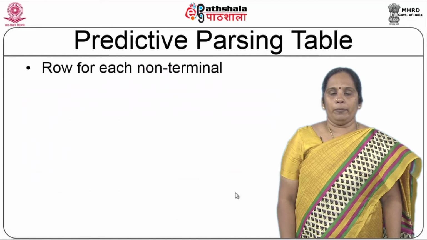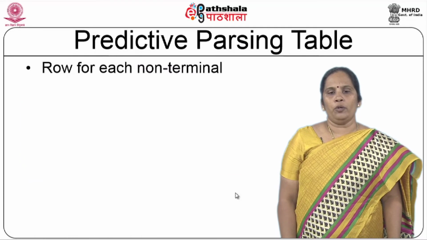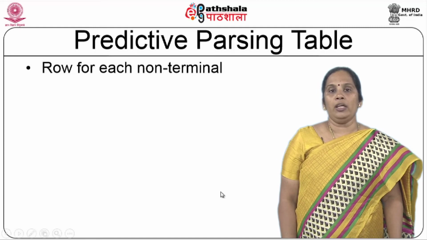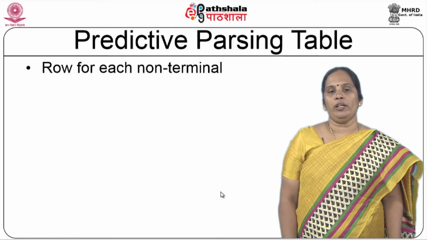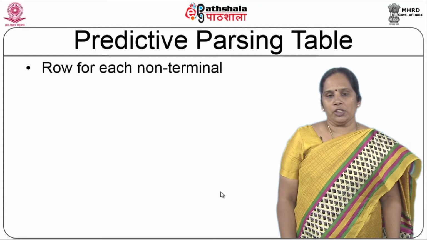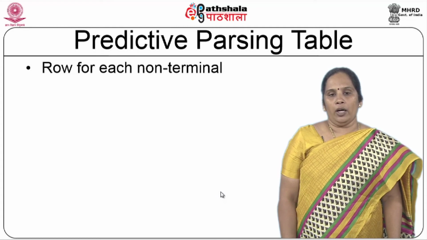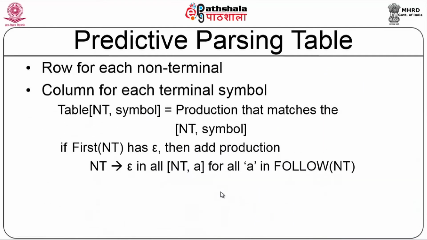Now, for a predictive parsing table, your input is going to be the first and follow functions, along with the productions, where the grammar has been given with left recursion removed and left factored. For the construction of the table, you will assign a row for each of the non-terminals and a column for each of the terminal symbols. So it is row versus column, with the row being the non-terminal versus the terminal. At the entry of the non-terminal versus the symbol, you have to place the production that matches, where the symbol belongs to the first of the non-terminal.